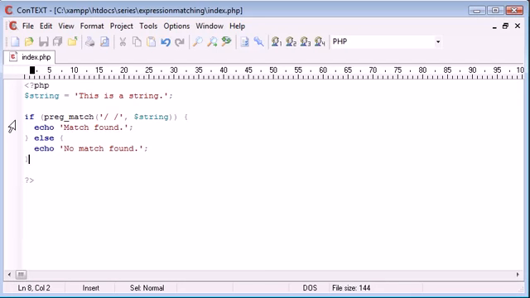Now what happens if we don't know what this string is? We might want to search for a specific pattern inside of a string when we don't know how the string is formed or what we're feeding in. So we're just double checking